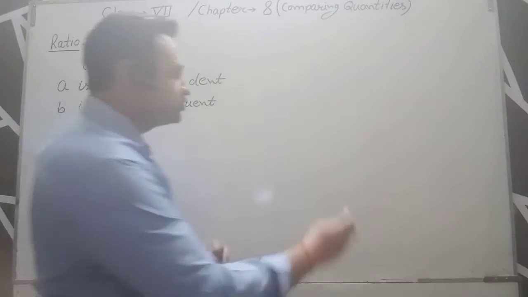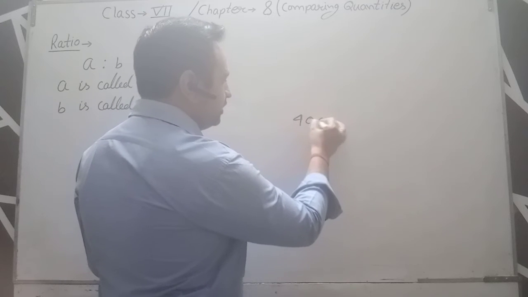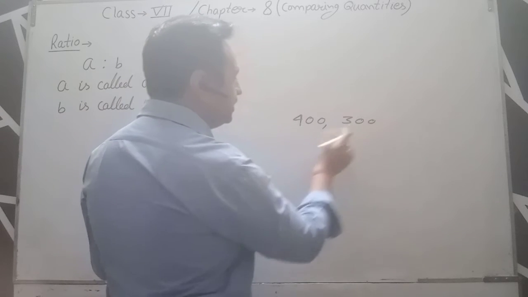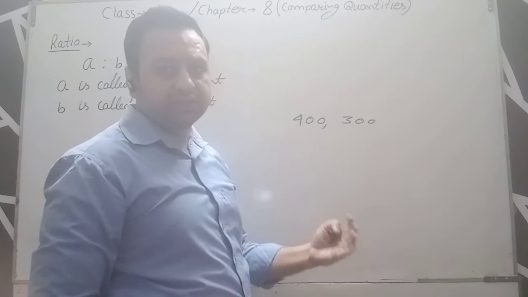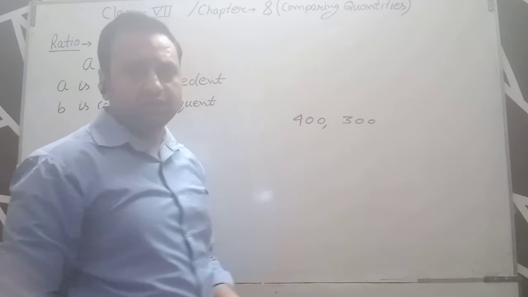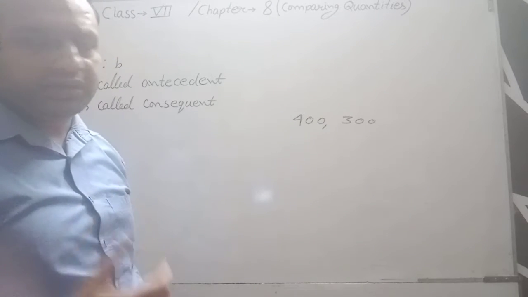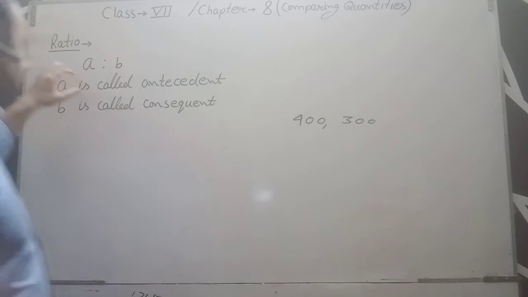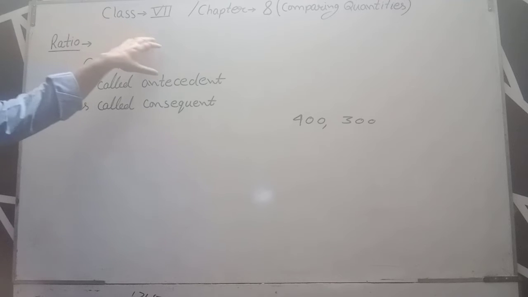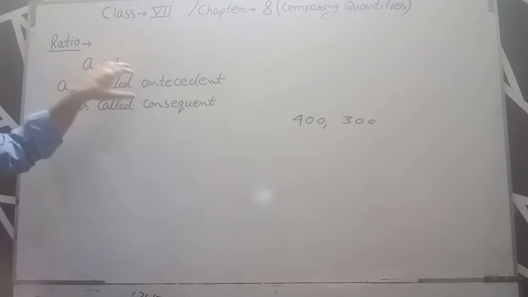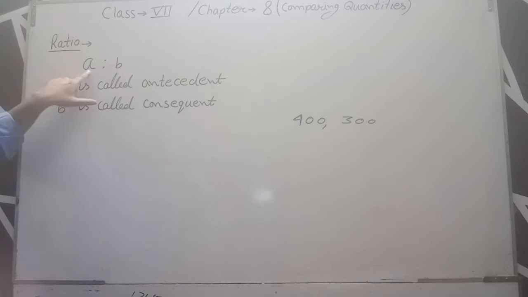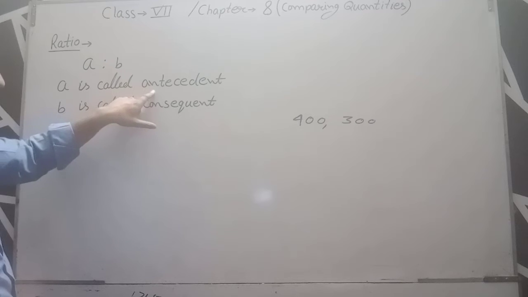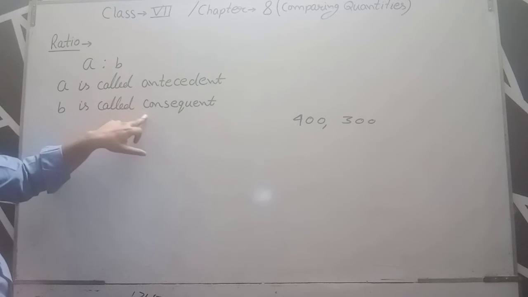कि सपोज हमारे पास दो नंबर लिखे हैं 400 and 300, so we can say that 400 is greater than 300 या 300 is less than 400. So it is the word we use for comparing. But ratio is also a word used for comparing quantities. We have already discussed ratio in the previous class. Ratio is written as A ratio B, in which A is called antecedent and B is called consequent.